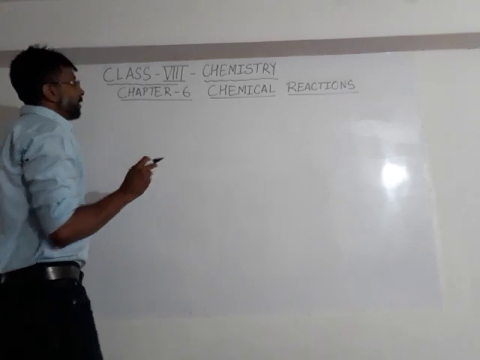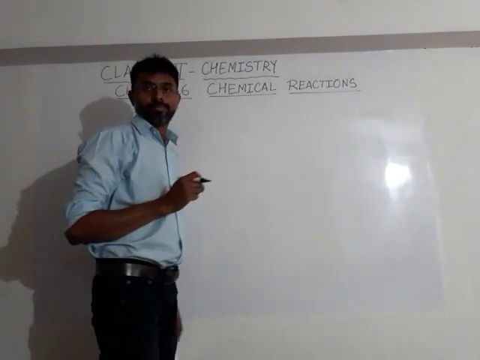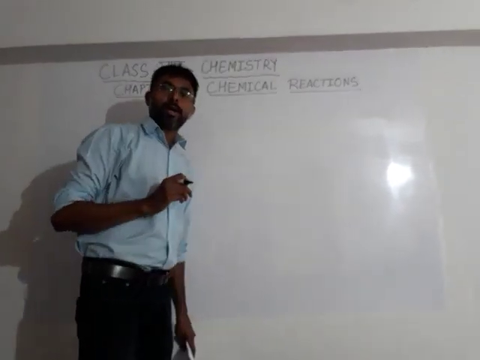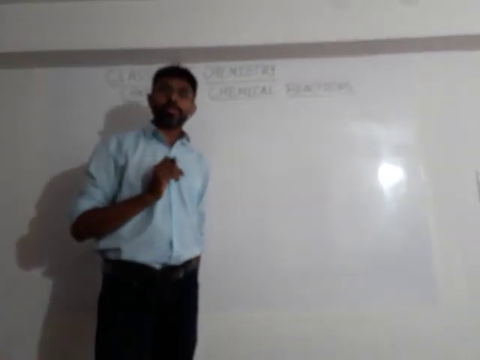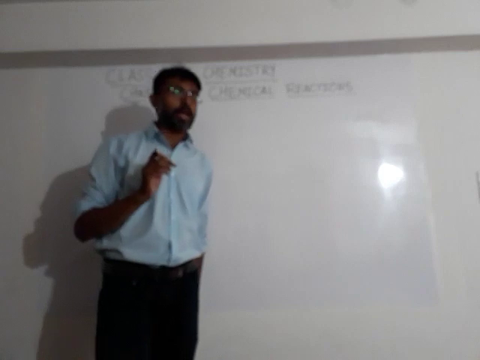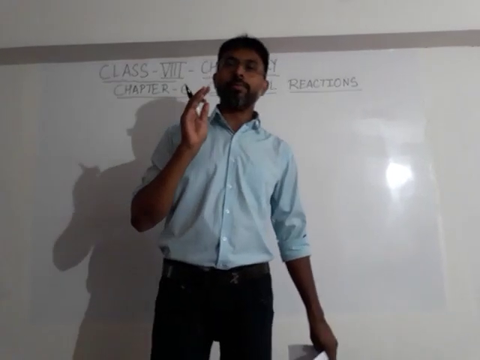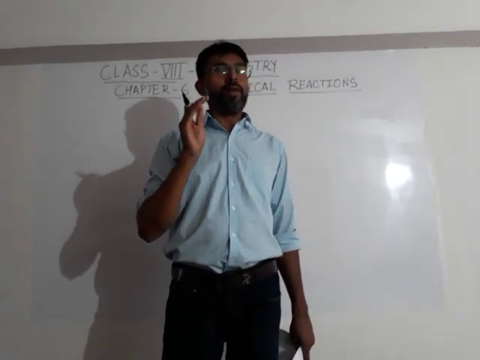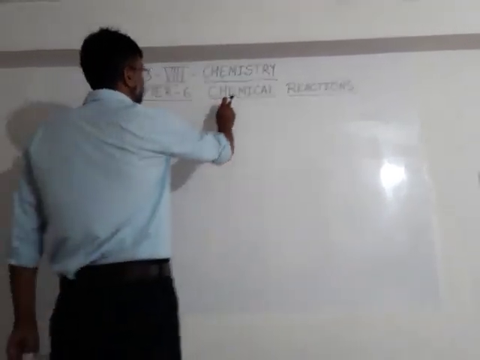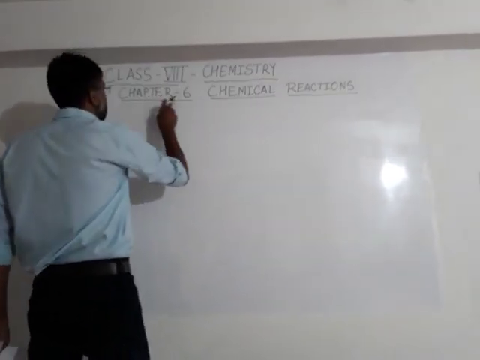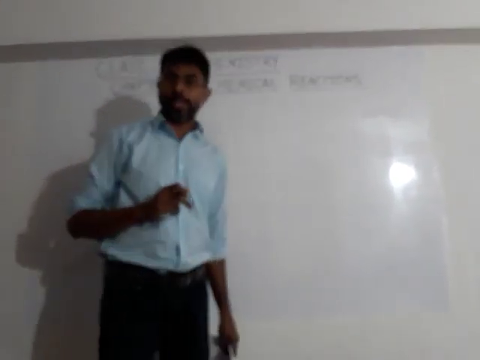Today, I want to explain the basic things from this chapter. The name of the chapter is Chemical Reactions. In the previous chapter, Language of Chemistry, you all have learned how to write chemical reactions and how to balance them. And I am very definite that you must have learned all the valencies from the valency chapter. Now, this chapter, Chemical Reactions, is chapter 6 of your chemistry textbooks.